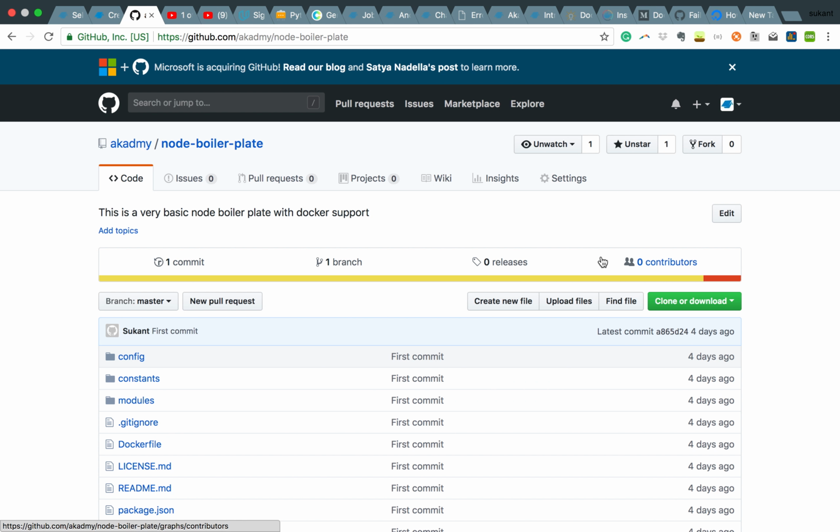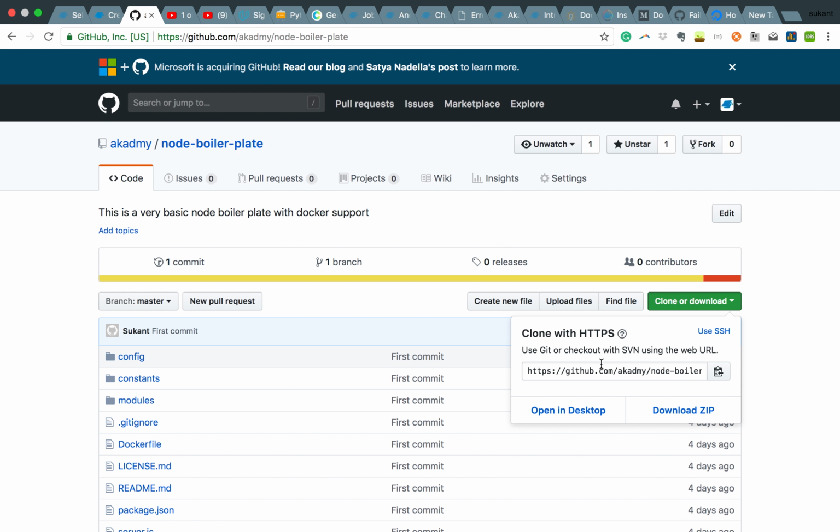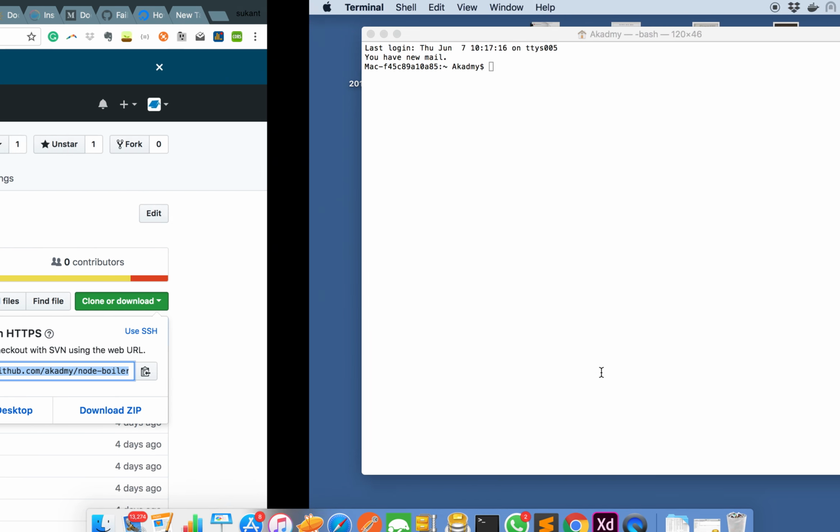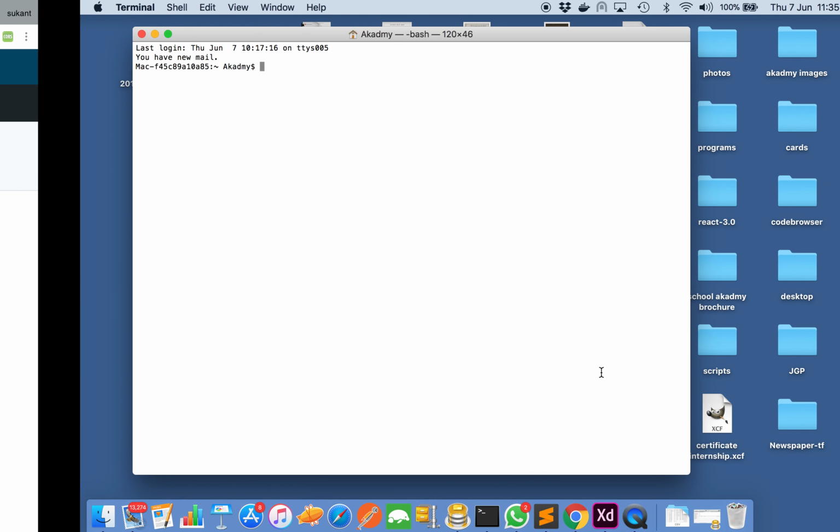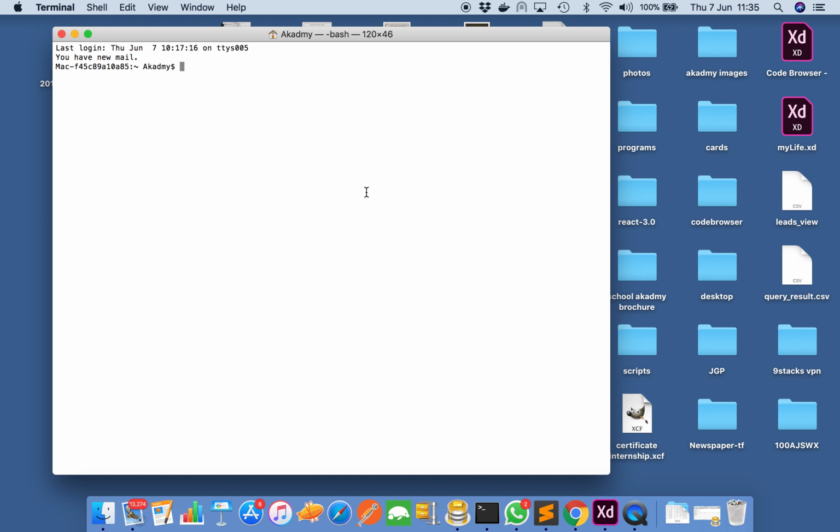Now, let's get it started first. To get this project, I click on clone, copy this URL. Now open the command prompt. If you are using Windows, then open command prompt. If you are using Ubuntu, open Bash. And since I am on Mac, I'll open terminal. Now let's change directory